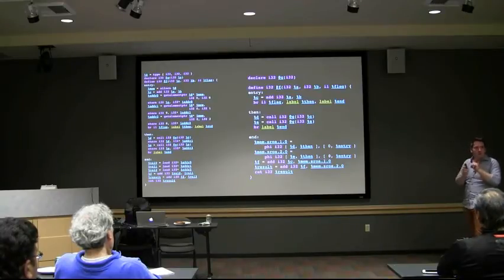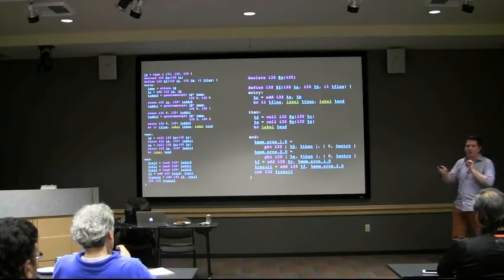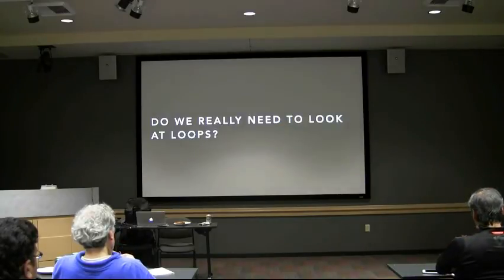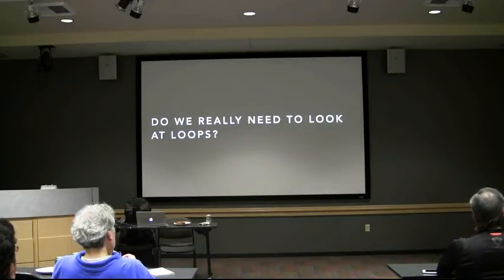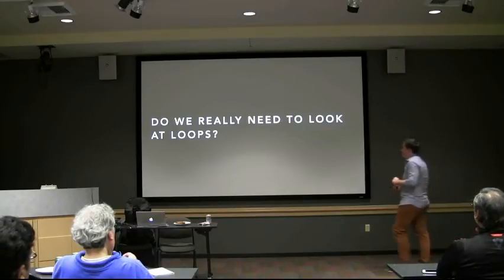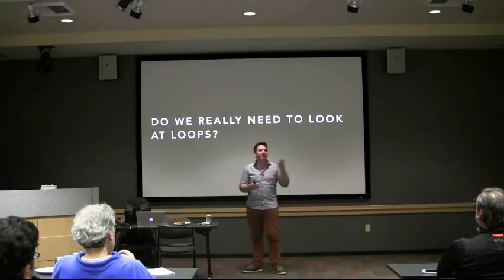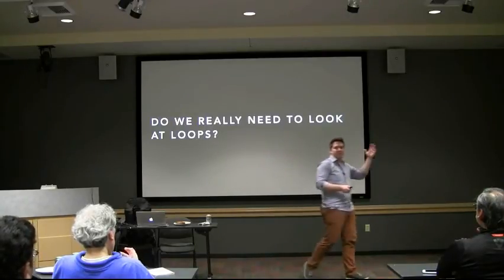It's because we can do something better than that when we partition all of the accesses into fields. Okay. So do we really need to look at loops? I can do loops, but I have to be a little bit quick. Otherwise, we're going to run out of time. And that might be OK, because really, how many folks here think that optimizing loops is super important in